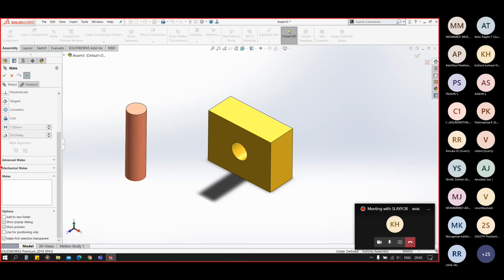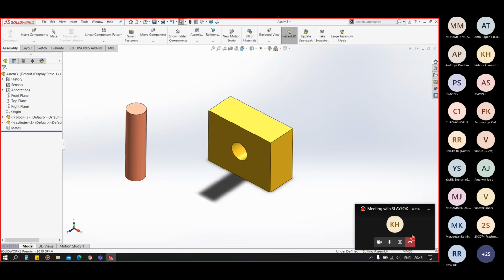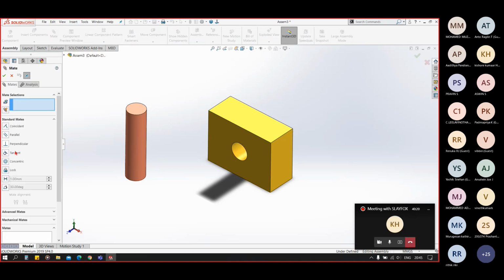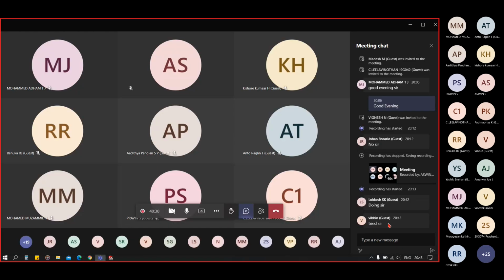You can see advanced mates and mechanical mates here, so we'll see them in today's lecture. Are all the mates clear to everyone? Coincident, tangent, perpendicular, parallel, all of this.